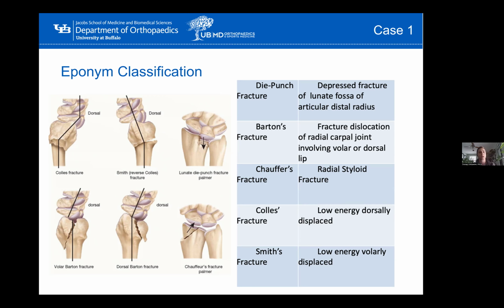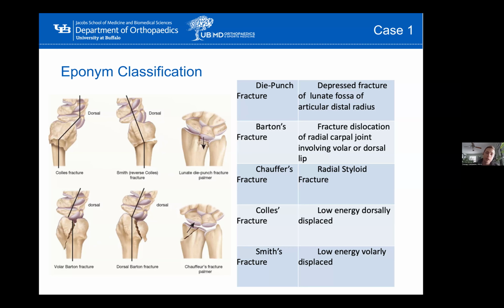So if it's dorsally angulated, then it's a Colles fracture. If it's volarly angulated, then it's a Smith's fracture. You could also have Barton fractures, which are intra-articular distal radius fractures with some subluxation of the radiocarpal joint. And that can be subclassified into either a volar or a dorsal Barton fracture based on the direction that the